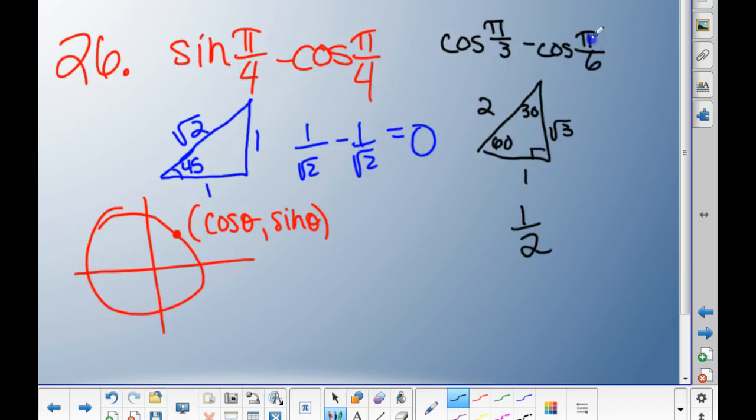180 divided by 6 is 30. This is the cosine from the 30, so you really don't have to draw another triangle. You just go to here and go adjacent over hypotenuse. And it said minus or plus, it doesn't matter, but